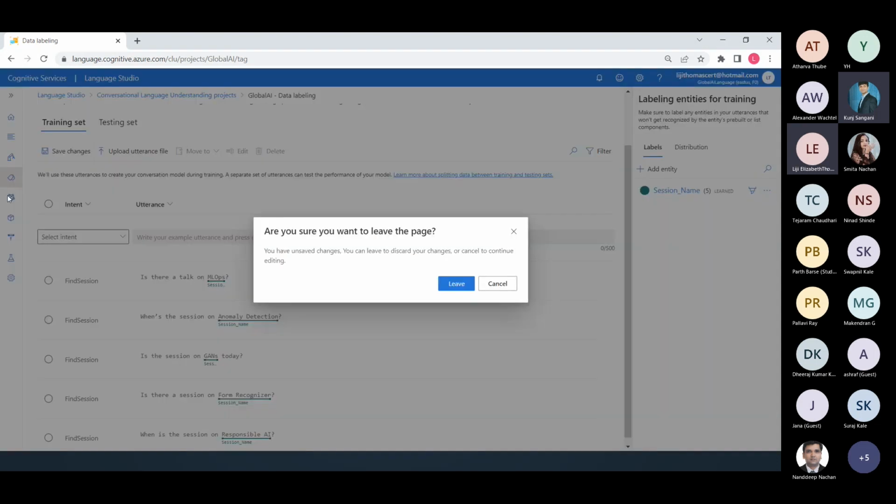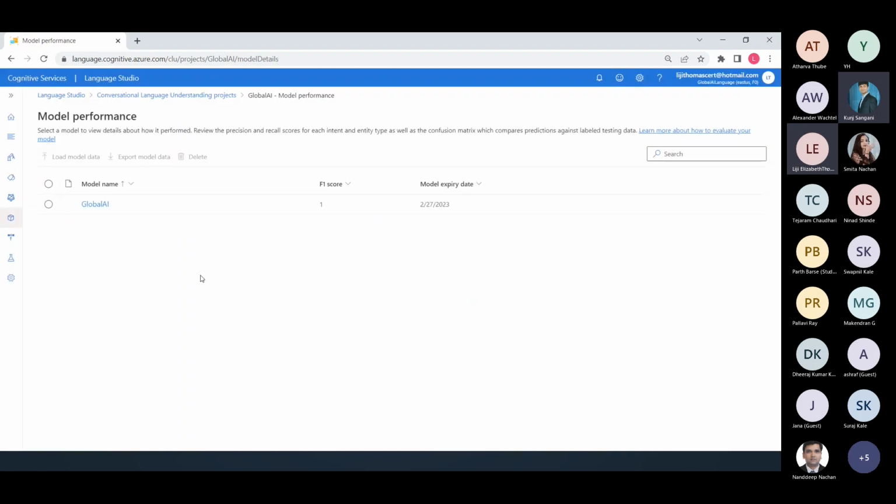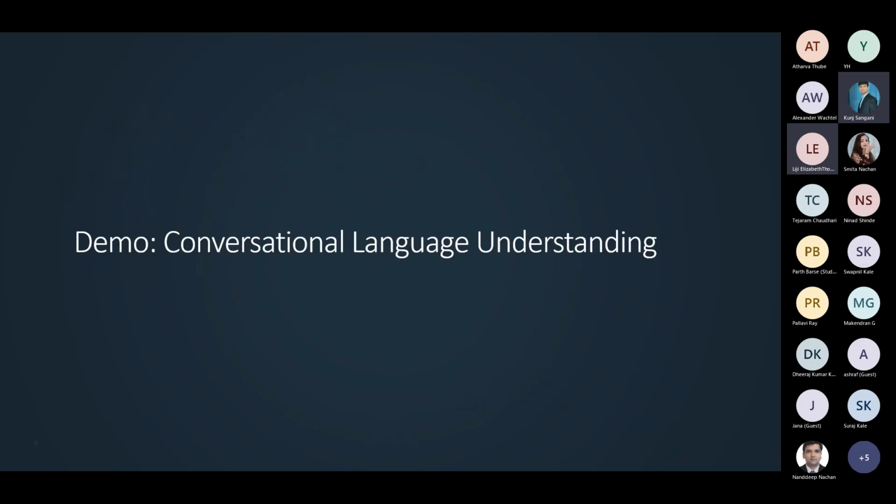It takes time to create a training job. And then once you train it, I can test my model, I can deploy my model, and I can do end to end. As you can see, you can create your model to deploy and test your models within this itself. And when I'm happy, I would just plug it into my applications using an API. So that's how you would go about conversational language understanding.